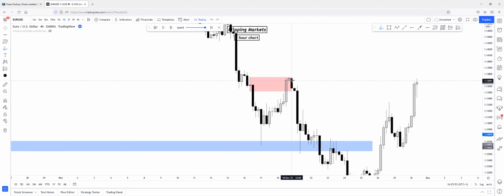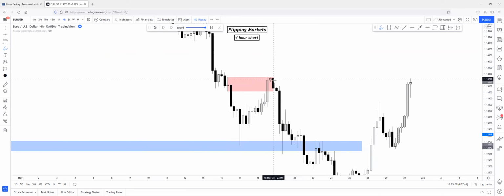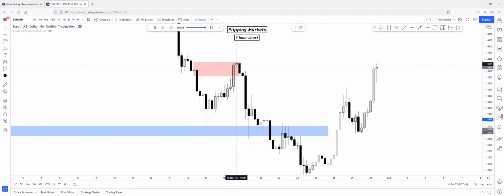Okay, so let's say you open the trade here because there was a 15-minute change of character inside of this 4-hour supply zone, and after the 15-minute change of character, there was a 1-minute change of character inside of that 15-minute supply zone. So you entered here. It pushed the price to the downside, created inversion movement here, broke structure here. So it means price created another supply zone. As you can see, it created huge inefficient push to downside, break of structure,